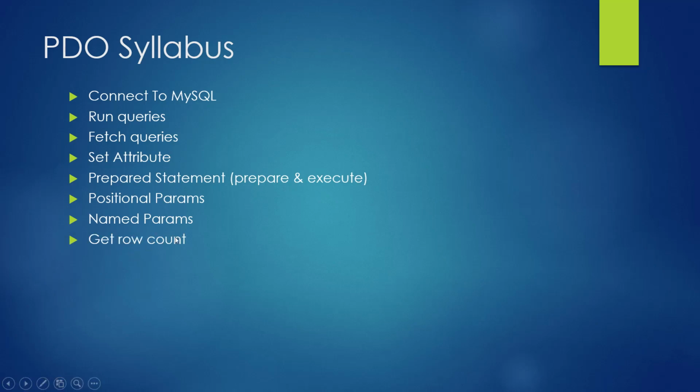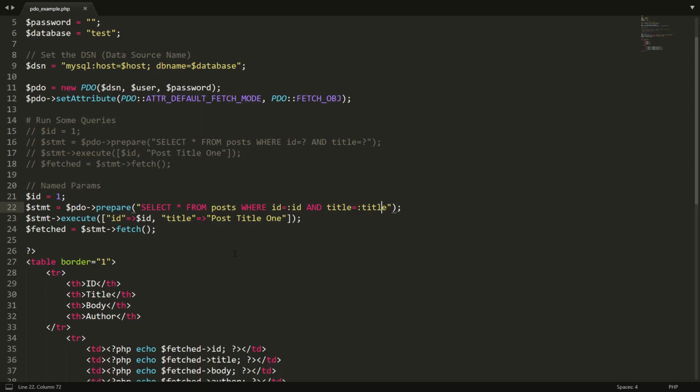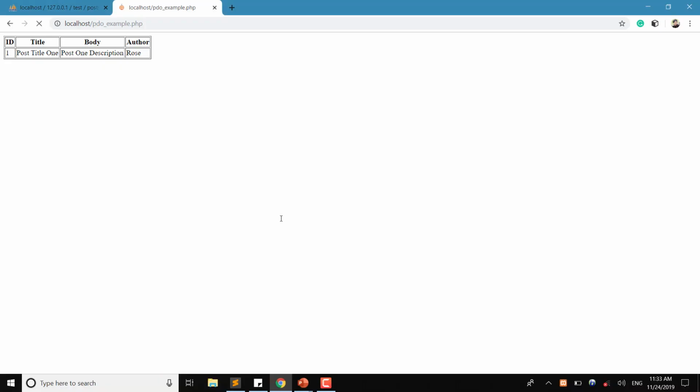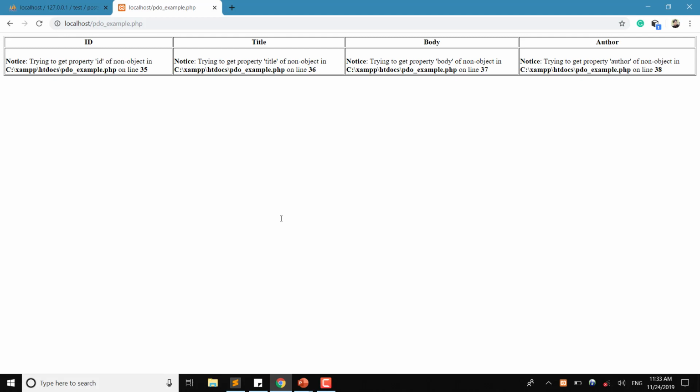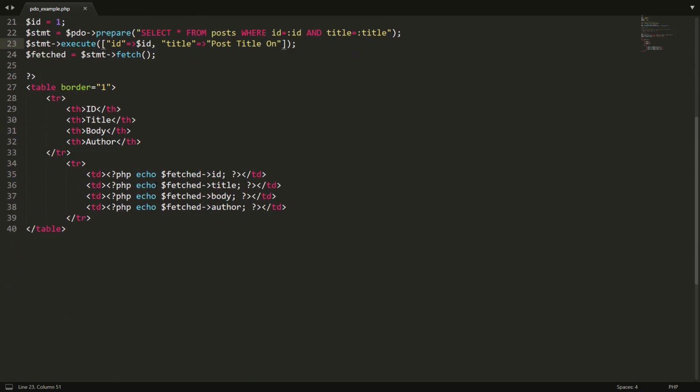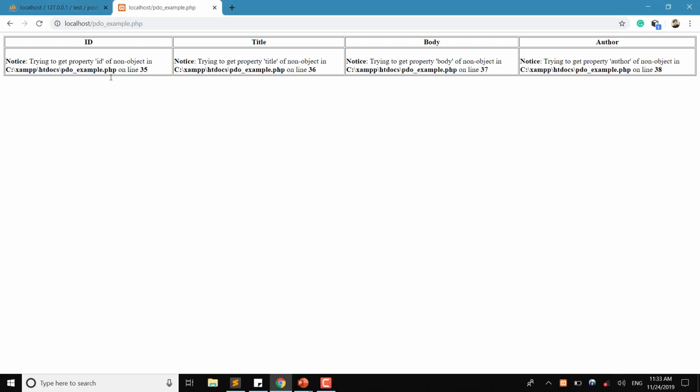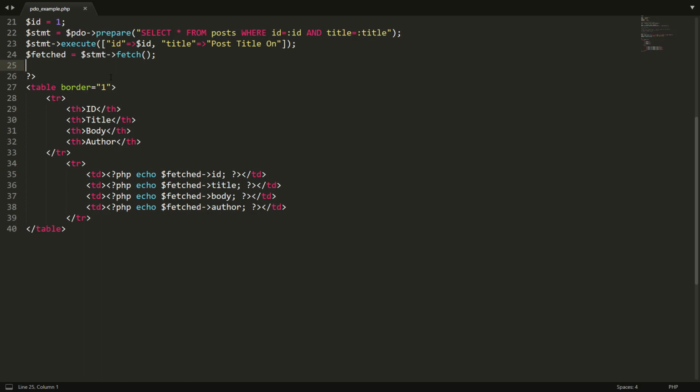The next one is get row count. For example, the user's input is like this, and nothing's selected, and the errors are displayed. So here what you're gonna do, you just say if a row is more than 0 rows, it means that something is selected. So if there's not, don't show the error. So for that, you're just gonna use the statement row count method,